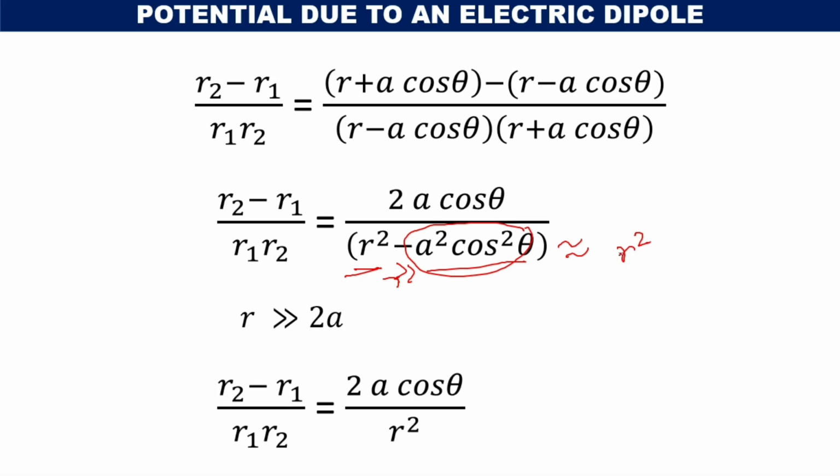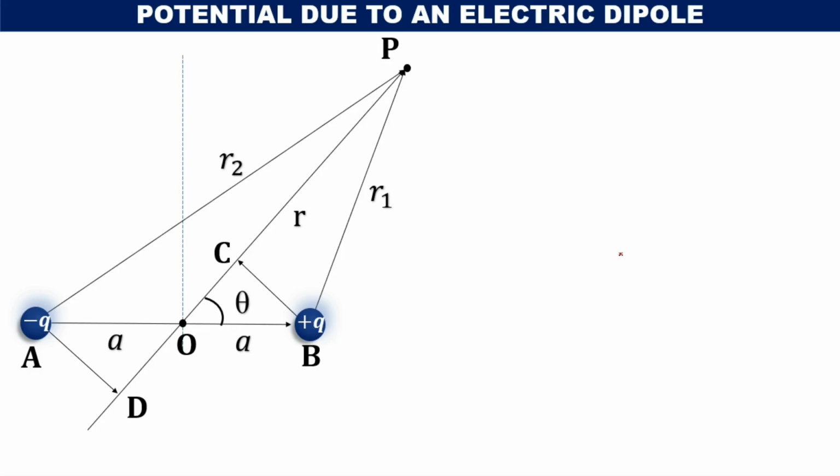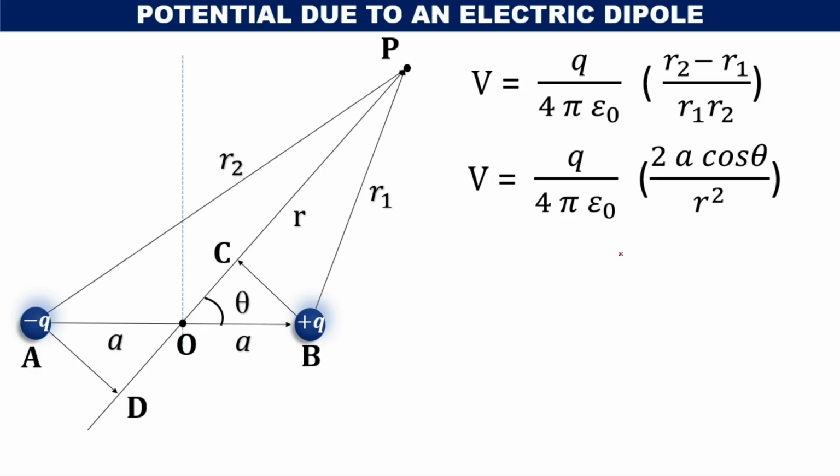We will get the expression for r2 minus r1 divided by r1 r2 is equal to 2a cos theta divided by r square. Substituting the value of r2 minus r1 divided by r1 r2 in the expression for the net potential, we will get V is equal to 1 by 4 pi epsilon naught 2a cos theta divided by r